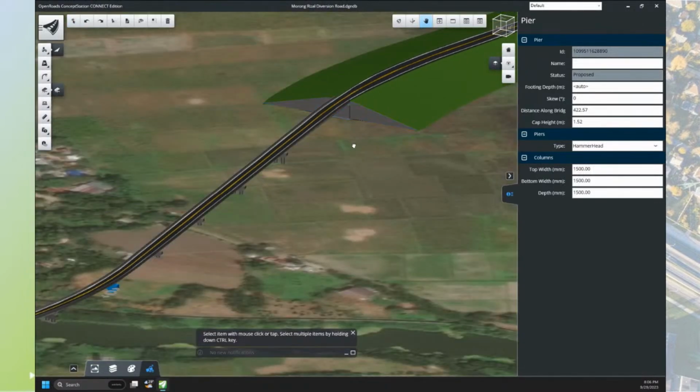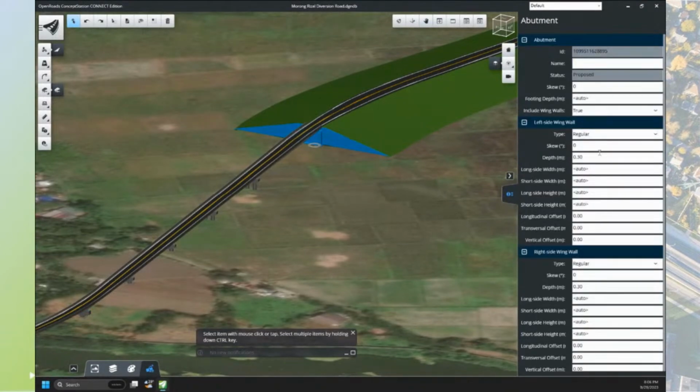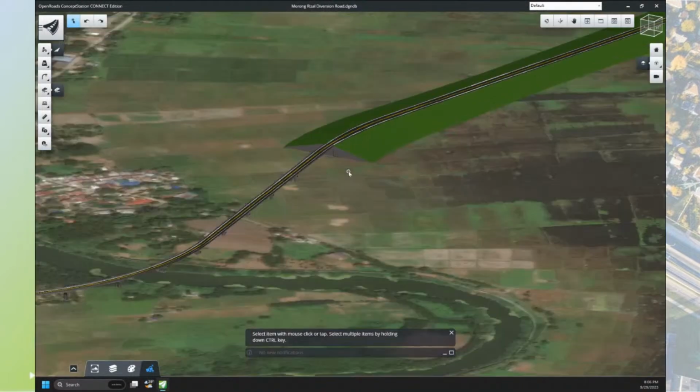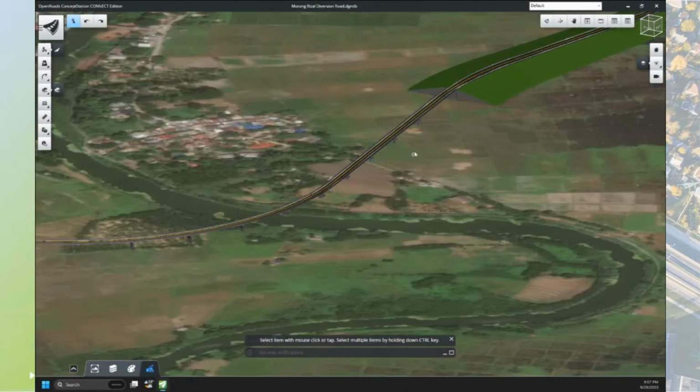Okay. Maybe scroll through. Now we have a wing wall here, which you can modify into cantilevered if need be, right? And also adjust the angle of the wing wall, right? Yan. Okay, there. Okay. Now